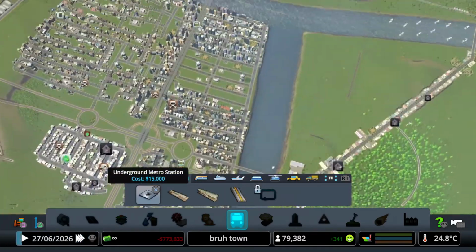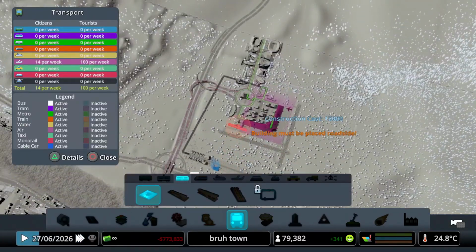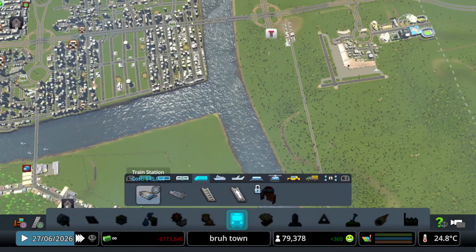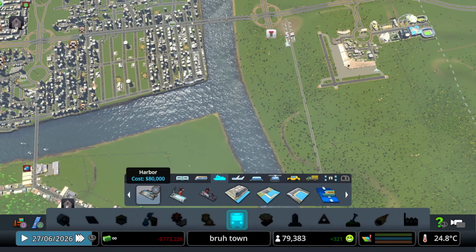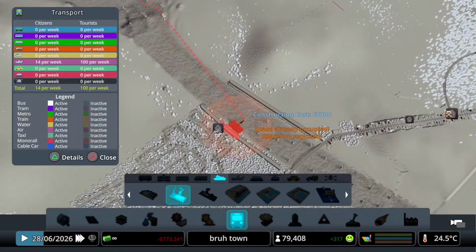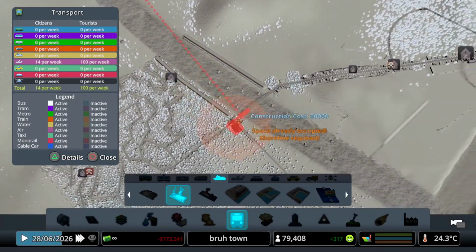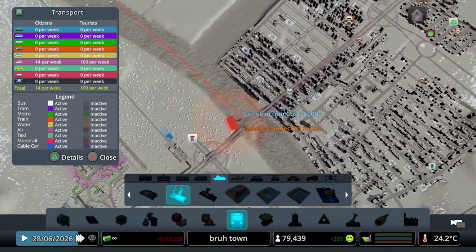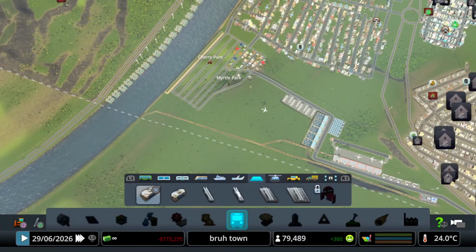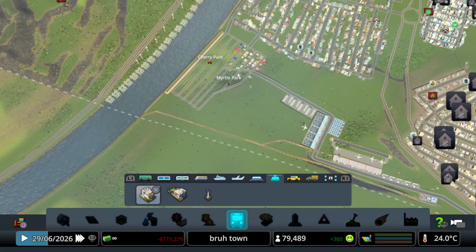Trams, metro. I believe the only metro that we have is here. So we're not going to worry about that yet. Train station, harbor. Now, I know that this is impossible to put in this map, which is very unfortunate that we can't get a cargo harbor in here, but we can't. Alright, next thing, though,